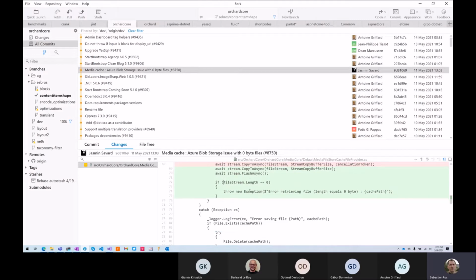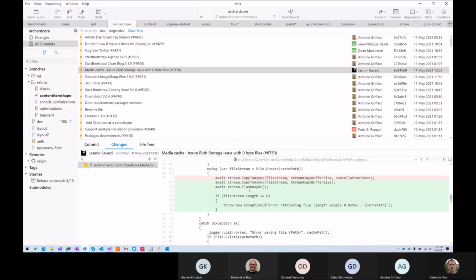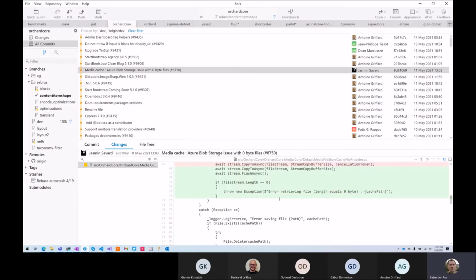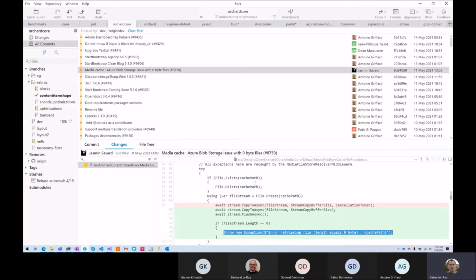Either delete the file so that the next one can create it again correctly. Throw exception is weird, or log something, but throw to break the request, that's weird. I don't see how it's solving the issue because the next call will also be 0.